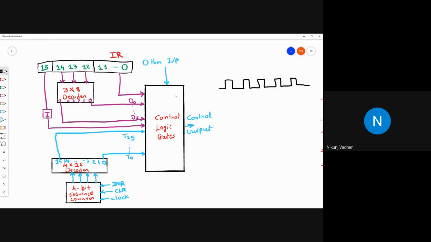Let's give the labels so we don't have any confusion. Let's say this is timing signal T0, this is timing signal T1, this is timing signal T2, this is timing signal T3.